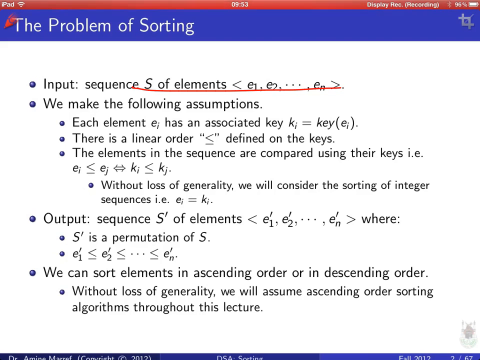Thank you. So when we sort elements, these elements can be anything which we can compare to each other. So we can sort, for example, integers. So a sequence that we want to sort can be, for example, 1, 4, 0, etc. So that's a sequence of integers. So we said that the problem of sorting is where our input is a sequence of elements. So in this case, the sequence is